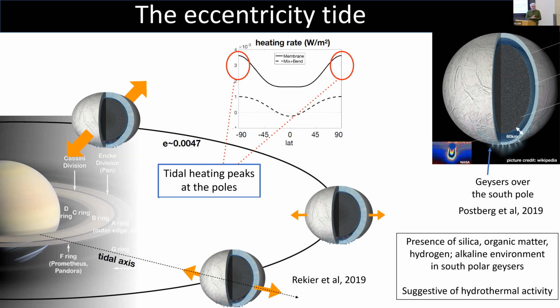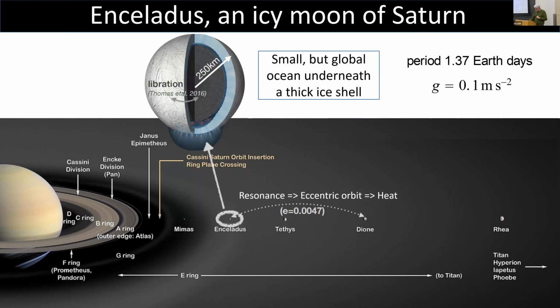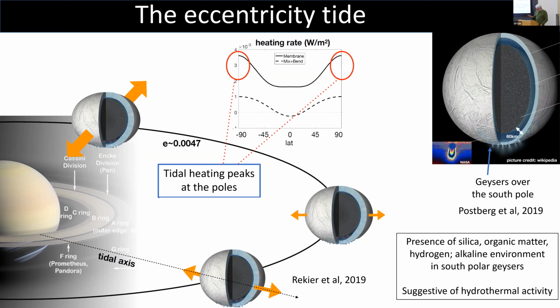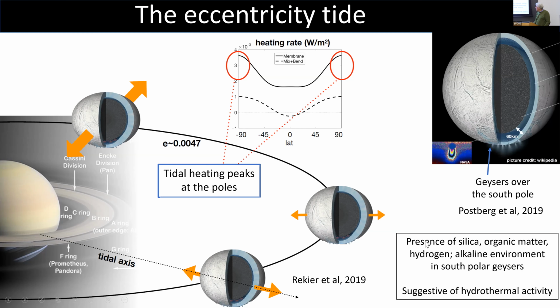So this is all suggestive of hydrothermal activity, and people have thought about the transit times. I should have said this: it's an interesting thing that the E-ring of Saturn, one of those rings that you can see, is made up of little silica nanoparticles, which they think largely came from Enceladus spewing water and little ice crystals out from the bottom. So this may suggest that there is some hydrothermal activity at the base, or